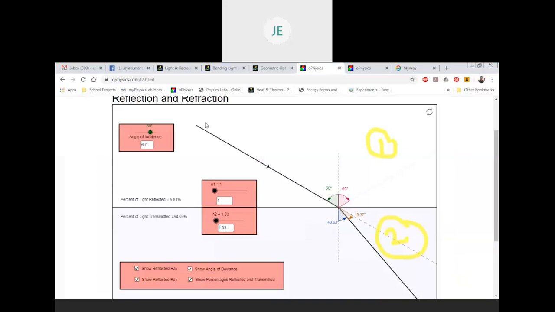So the light is traveling from air medium to water medium. This is what is taking place. If you compare these two media, this air medium is an optically rarer medium. Optical density is less. If you compare with air, water has more optical density, and we call it a denser medium.